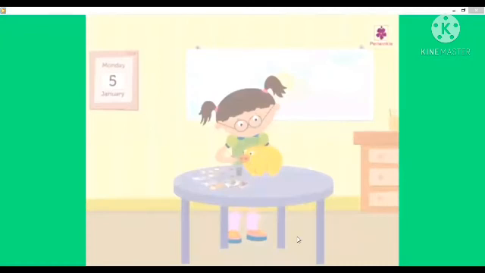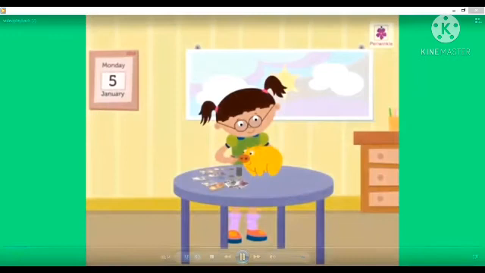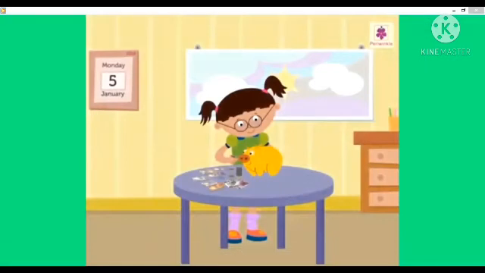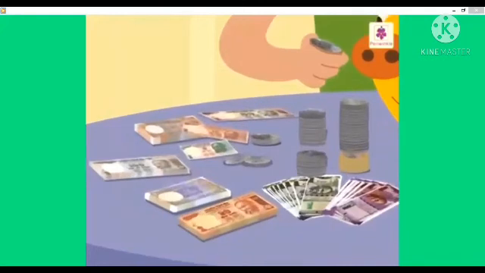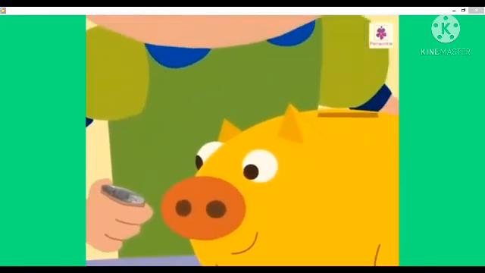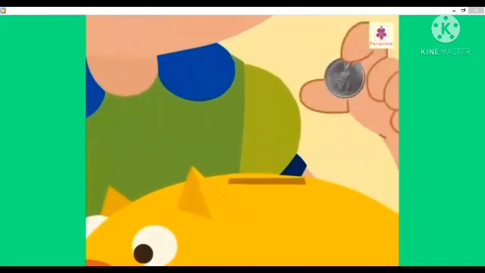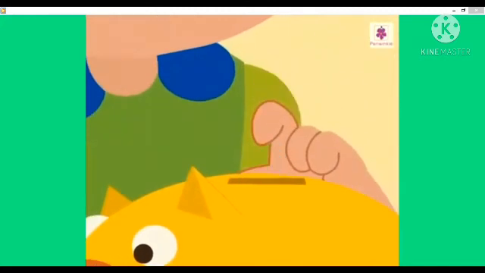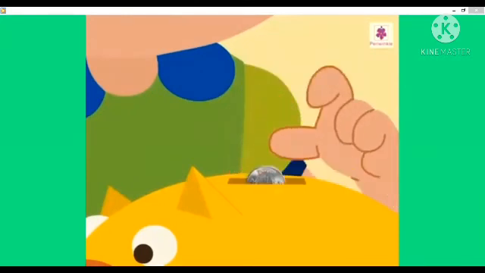Today, let's learn about money with Syra and her piggy bank. Syra has collected so many coins and notes with her. Now, she is putting them one by one in her piggy bank. She is putting a 50 paisa coin, a 1 rupee coin,